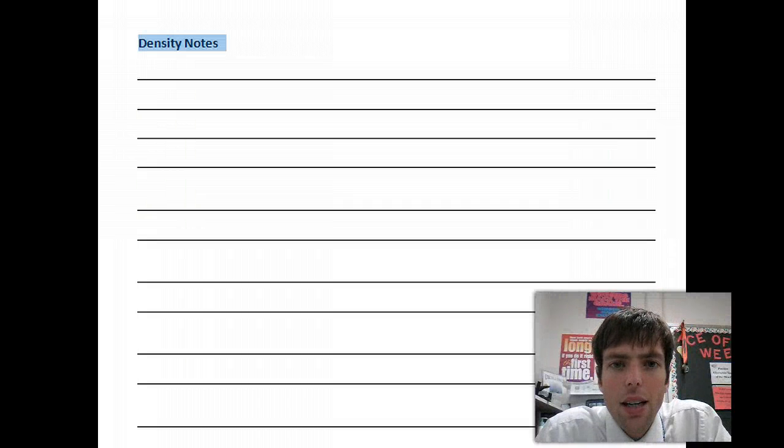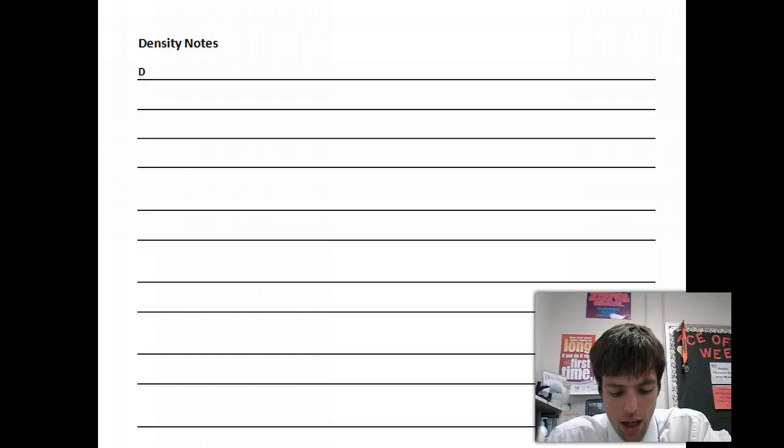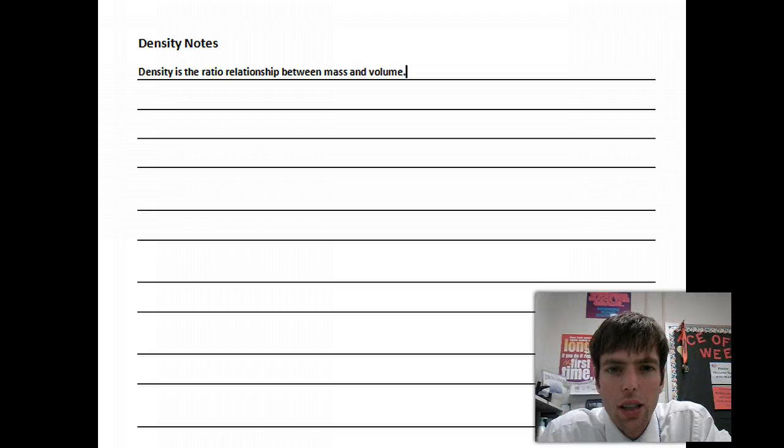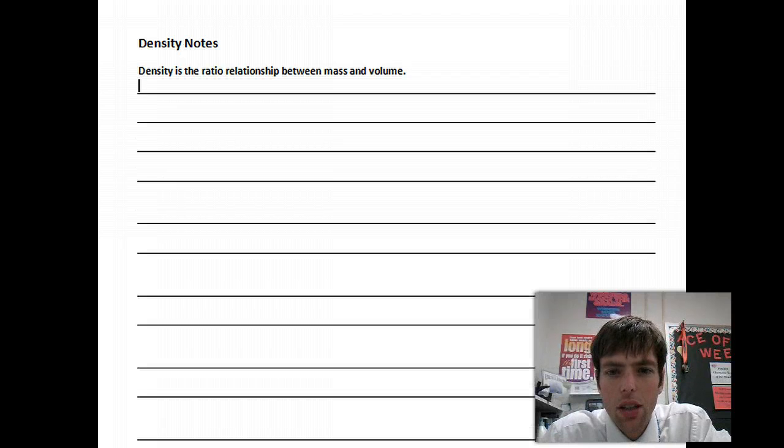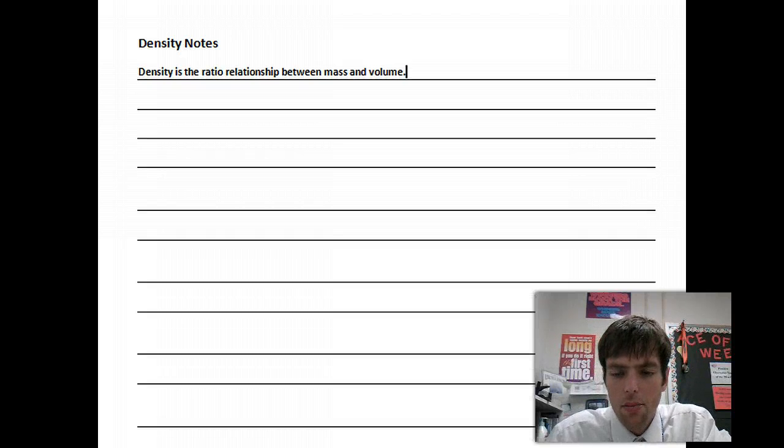Alright, we're going to write down a couple statements now about density to help us understand density better as we examine the different physical and chemical properties of objects in class this unit. So first, on your back with me, let's write this sentence down. Density is the relationship between mass and volume. If you're thinking, wait a second, what does that mean again, mass and volume? Well, mass